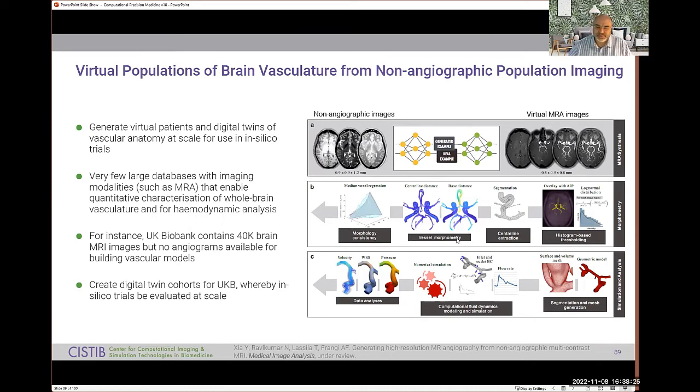So one question is how we can develop virtual populations that don't replicate only the populations of trials, because we know their biases, but replicate rather the wider population as a whole. So then working on imaging,